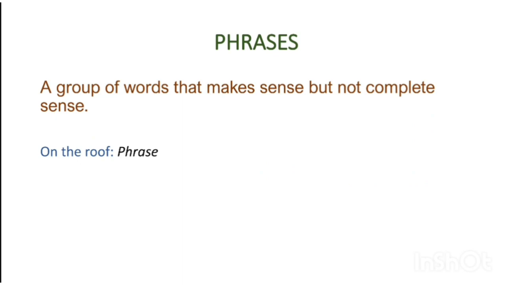What is there on the roof? What is happening there? Why is it on the roof? So here you can see I have written one more example: he is sleeping on the roof. This is a sentence or a clause, because it is making complete sense. If you say on the roof individually, then it is a phrase, and if you speak the whole sentence, then it is a sentence and not a phrase. So I have written sentence / clause here.